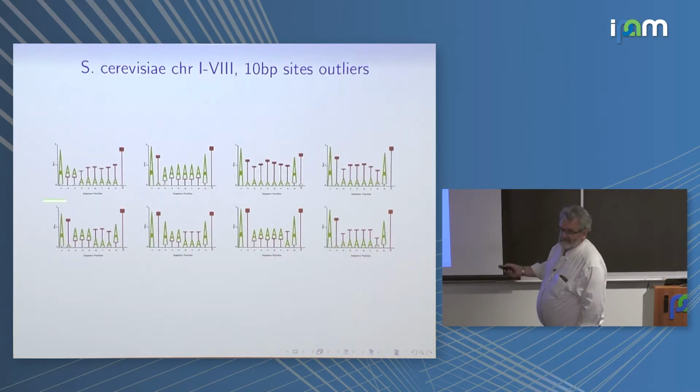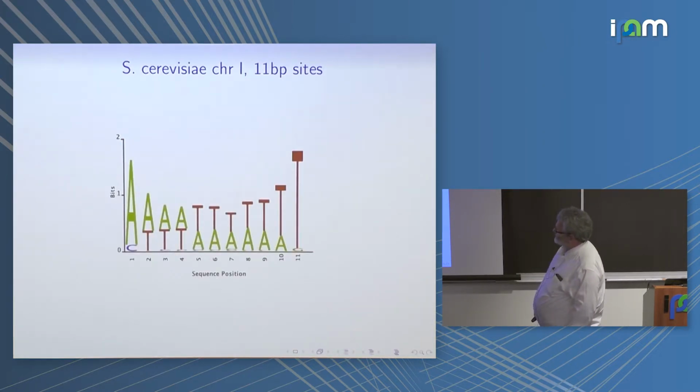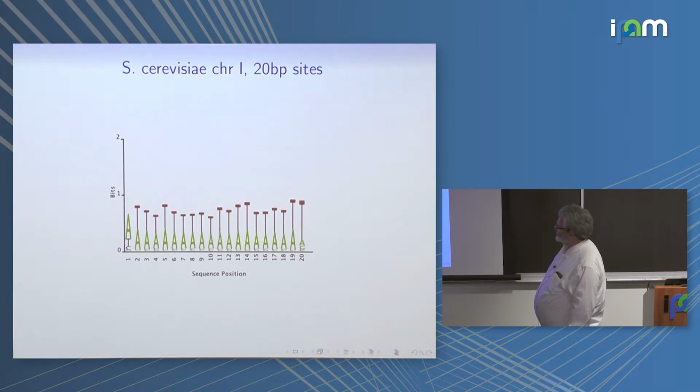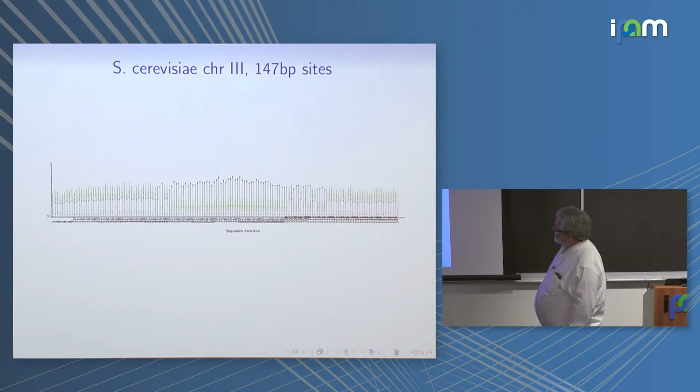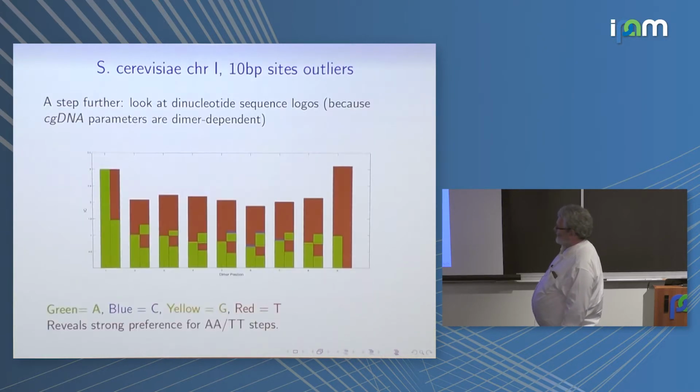No. It's the same for all 8 chromosomes. Is there anything special about 10 base pairs? Well, it works for 11 base pairs. It works for 20 base pairs. It works for 147 base pairs. This is the test, if you've ever read it. This is the number of base pairs wrapped around the nucleosome. But it's clear that there's something very, very special about all these guys. Right? So that's nice.